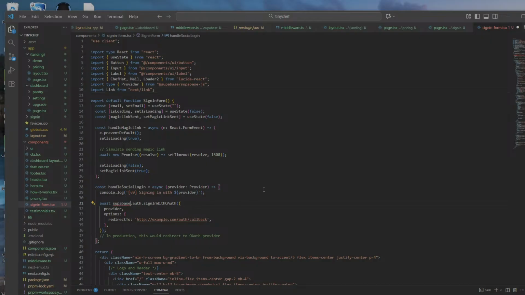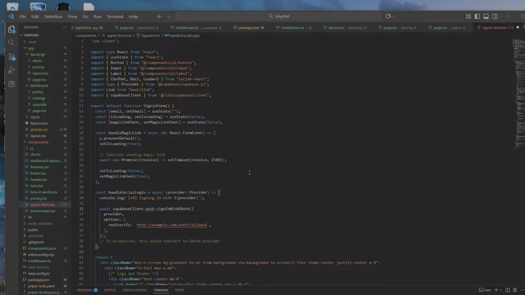But in here, we can just go Supabase client. Make sure you're getting it from the actual lib, not the Supabase package. So go Supabase client, and then you just need to add parentheses to make it a function, and there you go. So technically now, if we just leave it the way it is right now,